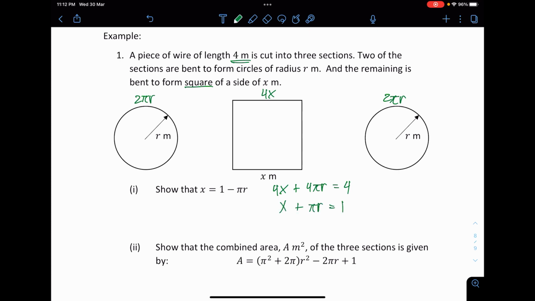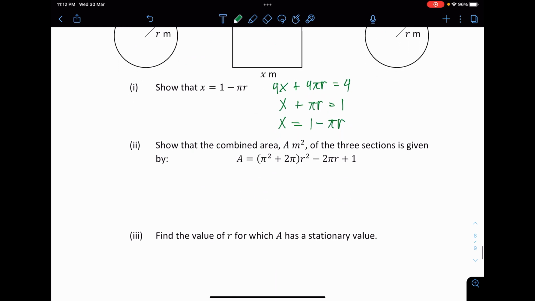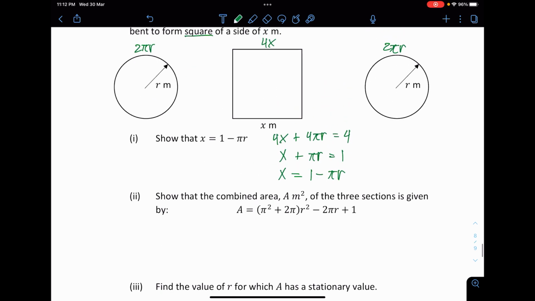I got this. Make the x the subject. Tada! Done. Okay, I assume that they asked me for an equation because they want to differentiate it. Okay, I mean classic. Yeah. But let's just hold that one for later. Maybe not. So the area of the combined section is this.